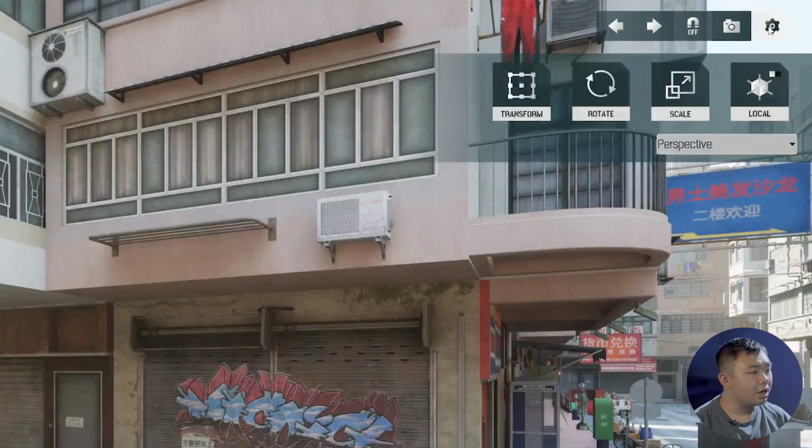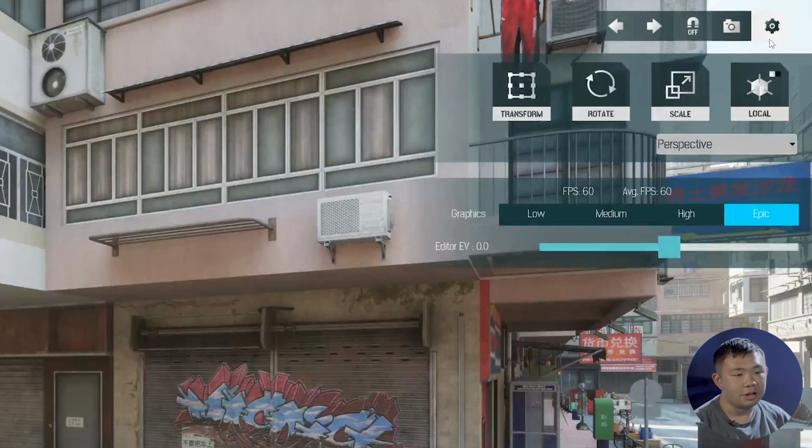And here we get a very useful function called Settings. This is about graphic settings. So I know that you have different kinds of computers. If you have a very powerful computer, you definitely use Epic or High. But what if you just have an RTX 2060? Then maybe you can try Medium, or if you have an even lower capability laptop, you can try Low here.